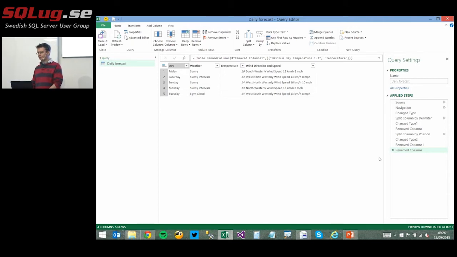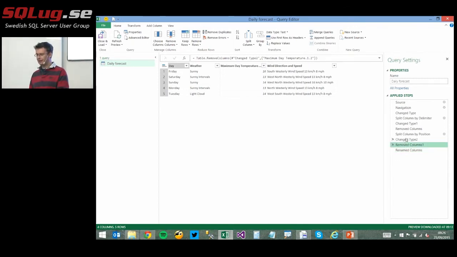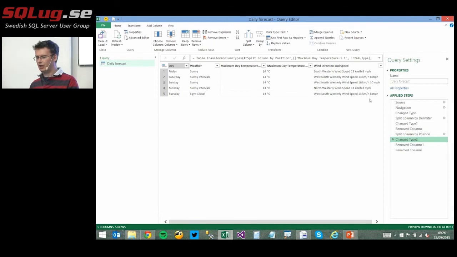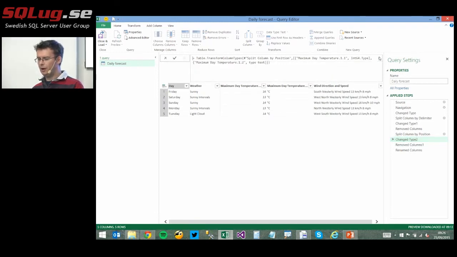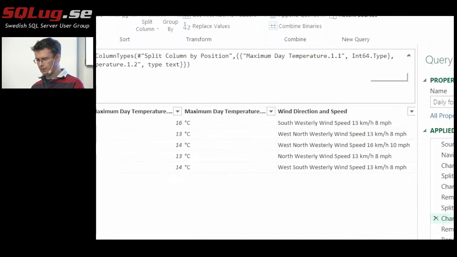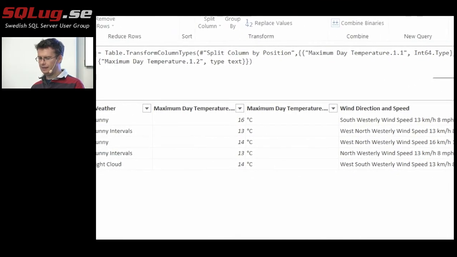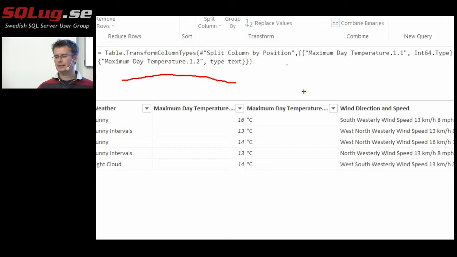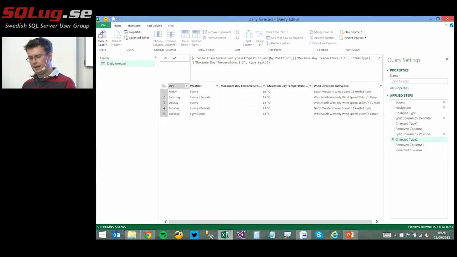Now, when I click on a step, I not only see the data as it was at the change, but also up here in the formula bar, I can see the M expression used to calculate that step. So I clicked on something in the toolbar, a change, a transformation was applied to the data, and this is the code that was generated behind. And I can edit the code here in the formula bar,